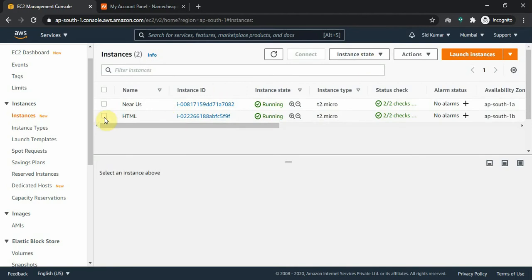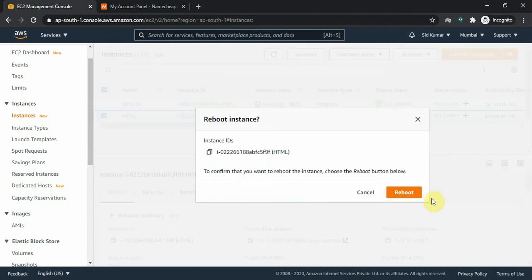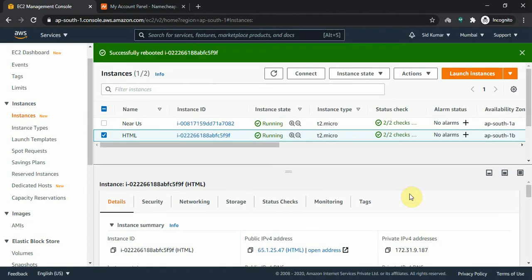Wait a second. For this, we have to reboot it, right? So that we can get our new IP. Yeah, reboot, and you can see our IP is this, right? So let's copy, and till then, let's wait for the status check. After rebooting, it will take a little time to connect. Okay, until then, we will move here.